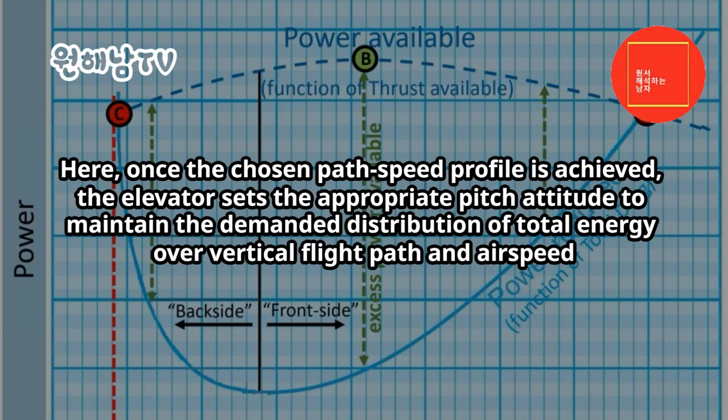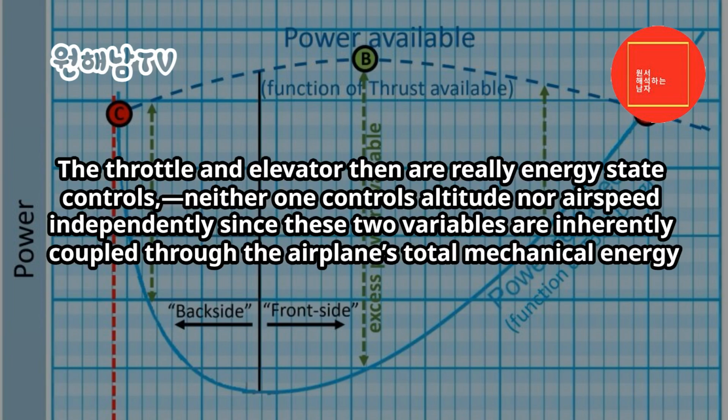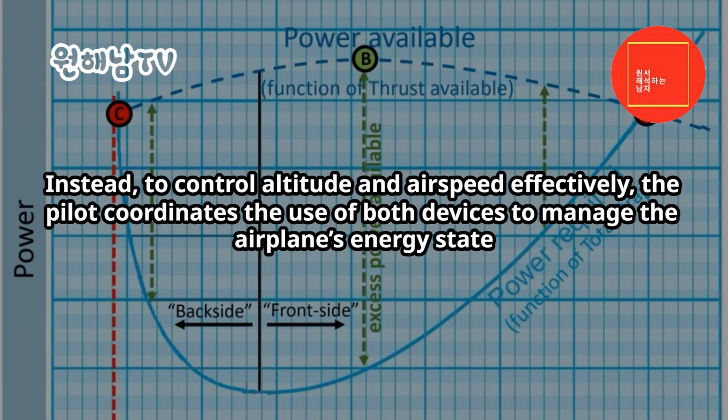Here, once the chosen path speed profile is achieved, the elevator sets the appropriate pitch attitude to maintain the demanded distribution of total energy over vertical flight path and airspeed. Thus, the elevator is the energy distribution controller. The throttle and elevator then are really energy state controls. Neither one controls altitude nor airspeed independently, since these two variables are inherently coupled through the airplane's total mechanical energy. Instead, to control altitude and airspeed effectively, the pilot coordinates the use of both devices to manage the airplane's energy